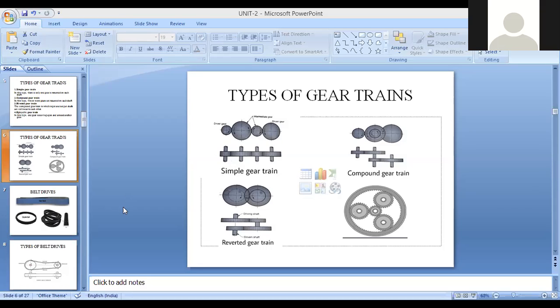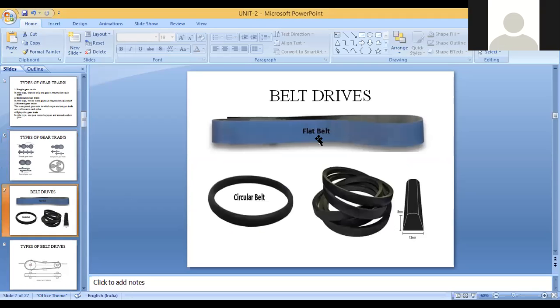Next is different types of belts. So this is a flat belt with rectangular cross section used to transmit the motion, but at high speeds it doesn't work, it gets slip. And that's why we go for V-shape or trapezoidal belts. It works at higher speeds. Okay, and this is a circular belt where you have circular pitches. It means wherever your belt has circular grooves, there we go for circular belts. Okay, these are different shapes.